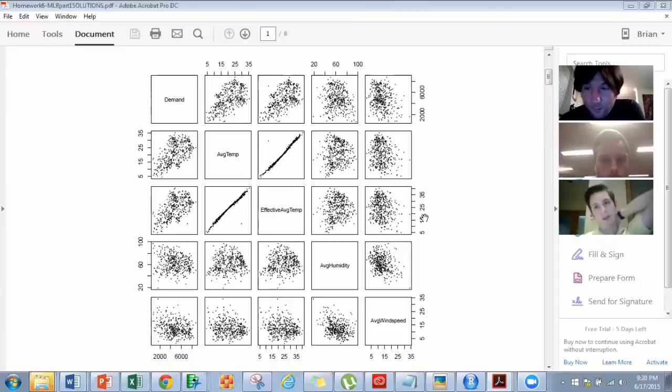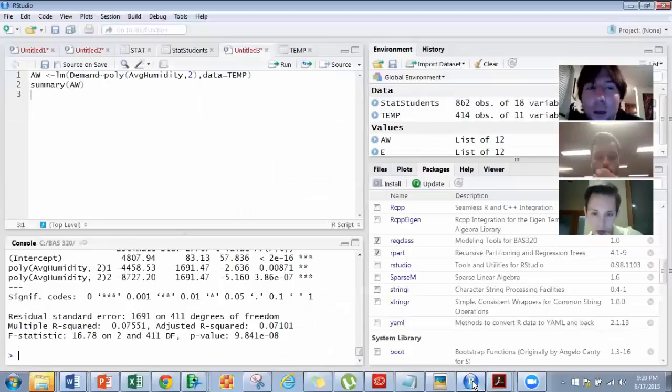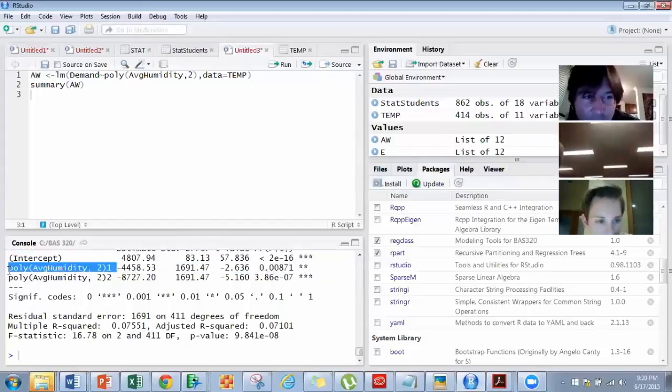So in your output in R, I know we're not going to have R on the test, but when you have output in R, you're looking at the poly. Can you pull up R real quick? Sure. So for your intercepts right here, you have the poly, your second term. That first term, that's your linear because it's to the first term, right? Yeah. The way this is read is just as the first. This is average humidity. Like if I were to just have average humidity in the model,